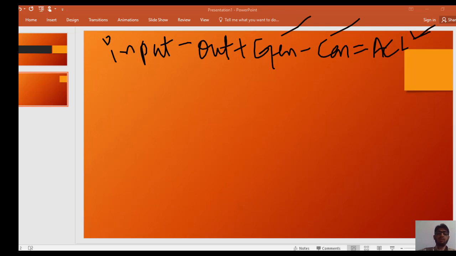The energy is not generated in the system. There is no generation source or heater in the system. Similarly, the energy is not consumed in the system. There is no chemical reaction occurring in the system, so the consumption is also 0. The energy is not going out from the system. Suppose the energy output is also 0.